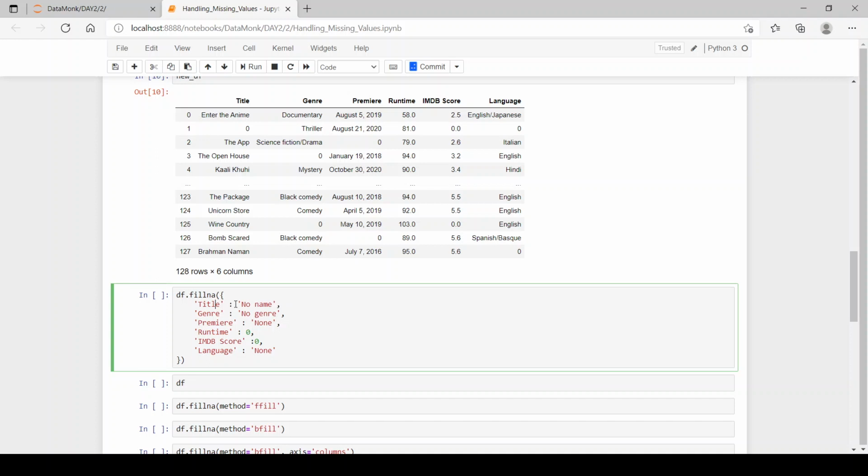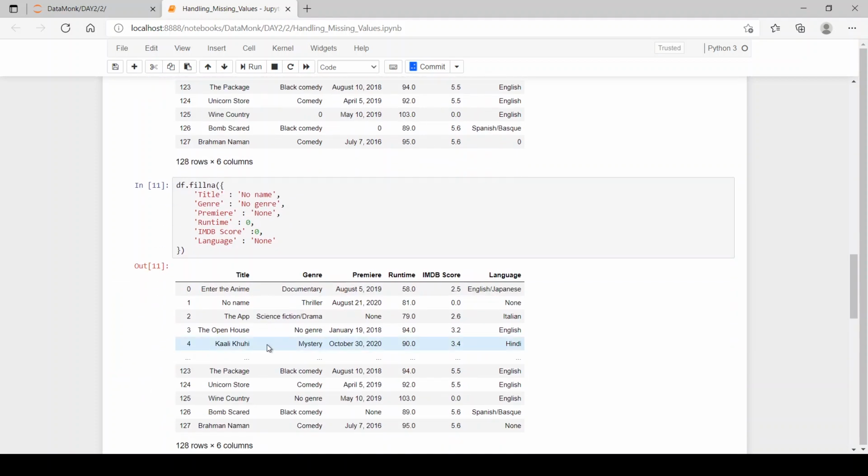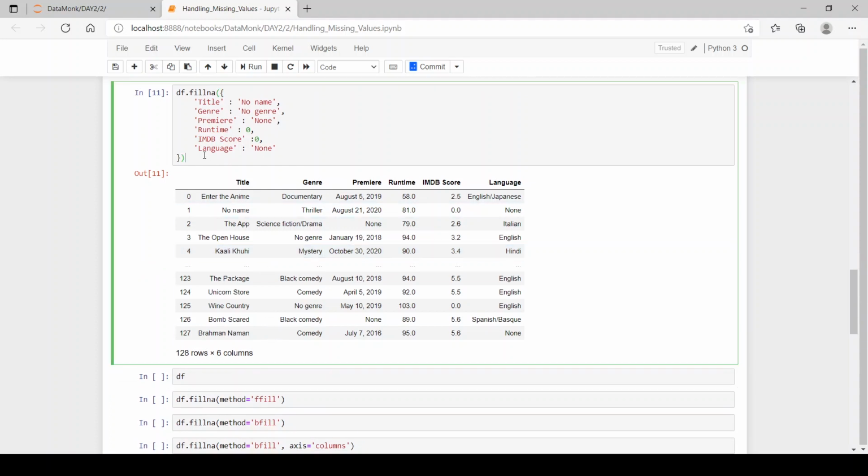So in the title column I want to replace the null values with no name, and in every other column as specified over here. In genre as no genre, in premiere none, runtime 0, and IMDb score as 0 in place of null values. So we have here inplace equal to False, so it will not reflect in our data frame.